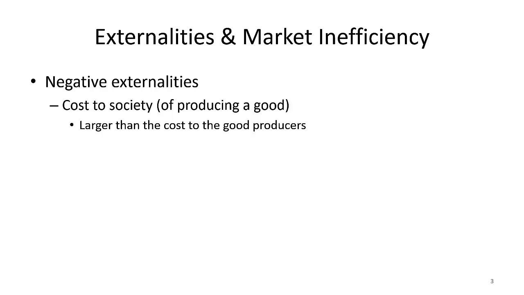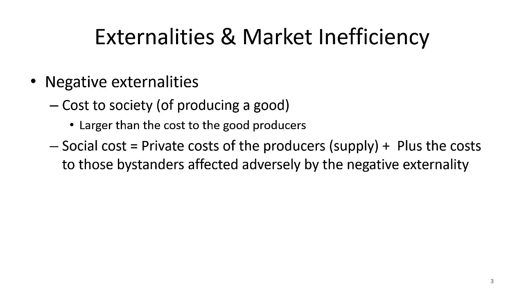Now, if government makes me pay for the pollution I'm creating, which is often done through higher taxes, then what happens? That means the cost of my action increases. We all know when cost goes up, we tend to use less of the product. So what we are going to define here is something called the social cost. Social cost is nothing but the private cost, which is the cost to the individual, plus the cost to the bystanders. That means cost to the society at large.